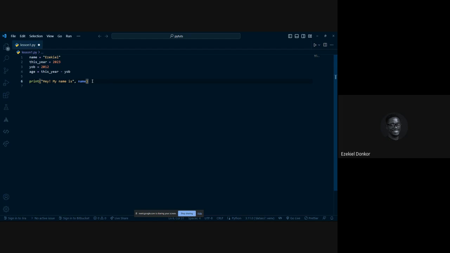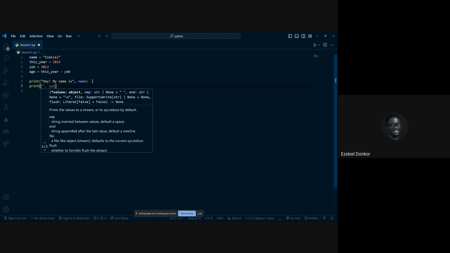All right. So that's the first thing we want to print, right? This time around, let's print the age. So we're going to say print, quotes, I am.